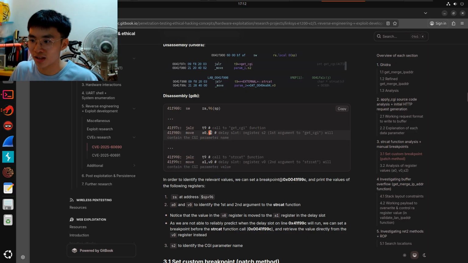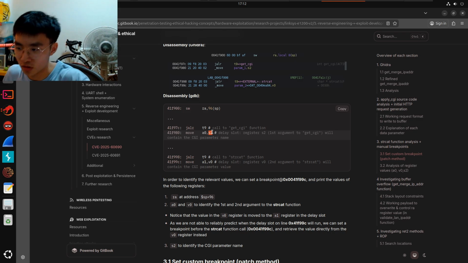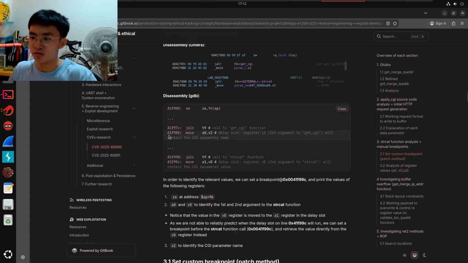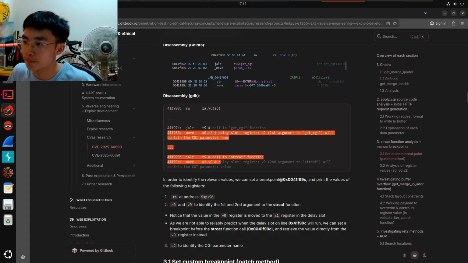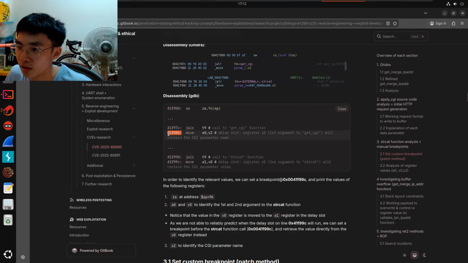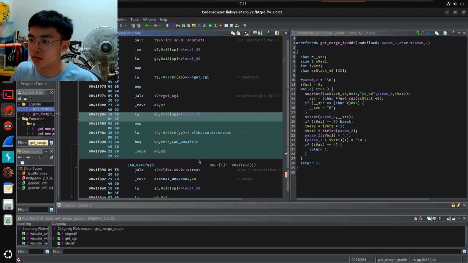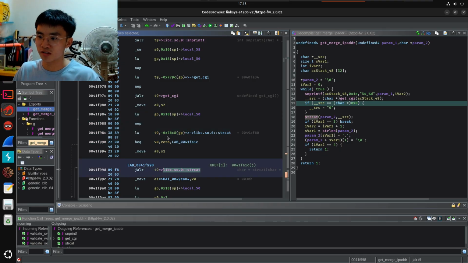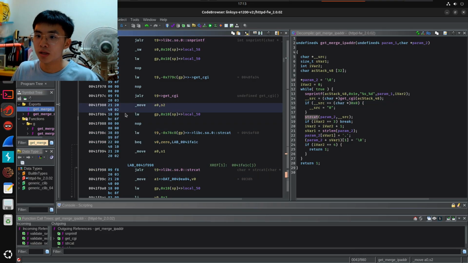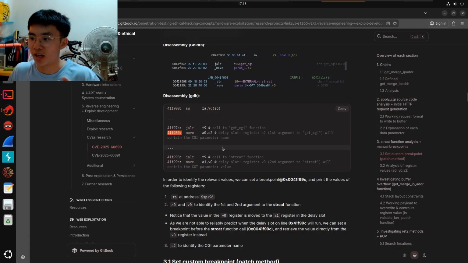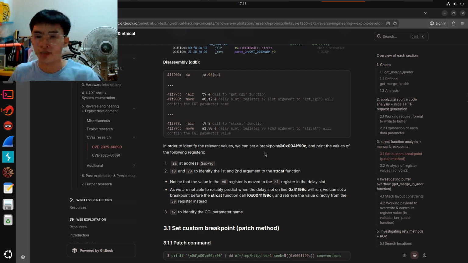Therefore, I've noticed that the S2 register, which will have stored the value into the first argument of the getCGI function, does not change throughout over here, as you can see. So from line 41F980, we can see that over here it writes S2 into A0. However, all these instructions right before the strcat do not modify the S2 variable. Therefore, this means that we could use the S2 variable to identify the value passed in to the